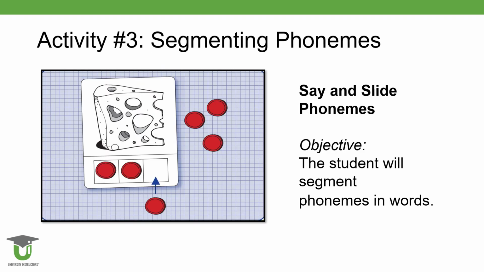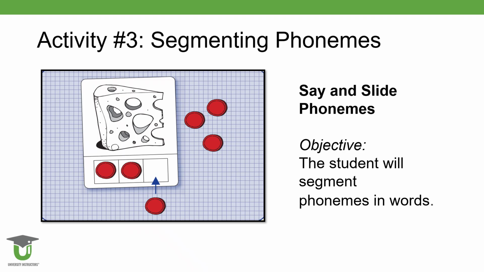Activity 3, called Say and Slide Phonemes, is where students orally segment words using counters and Elkonin boxes. Step 1, place picture cards face up in a stack and place chips on a flat surface. Step 2, by working in pairs, student 1 selects the top card, names the picture, and then orally segments the